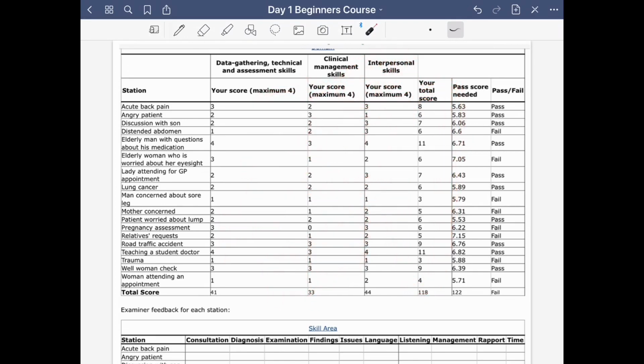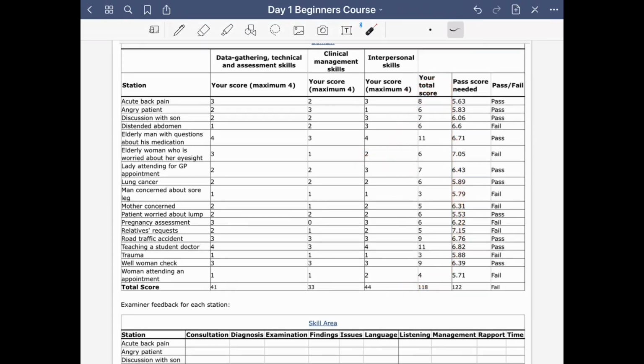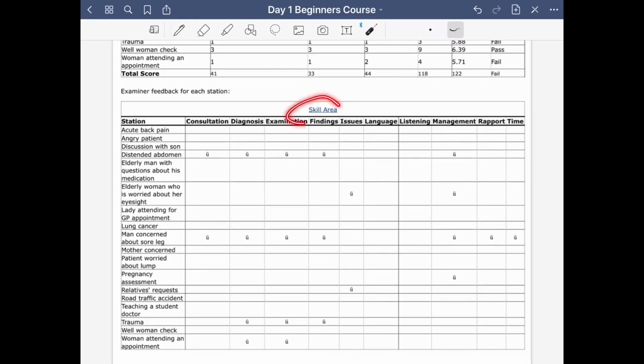Okay, so don't get misled by the fact that you are getting good marks, that means you are a good doctor, or you are getting bad marks and you are a bad doctor. No, that is not the truth. Okay, it is just the comparative marking with the other candidate. Now, what is your absolute marking? Your skill areas is your absolute marking. This is not in comparison to others, but this is according to the feedback given by the examiner to you